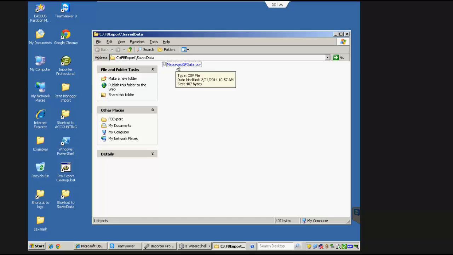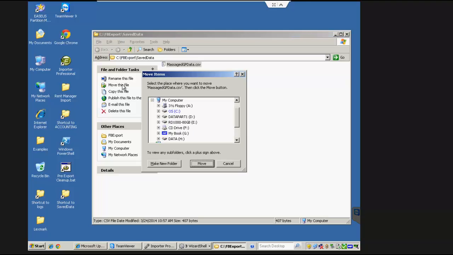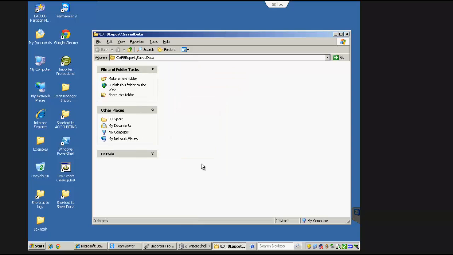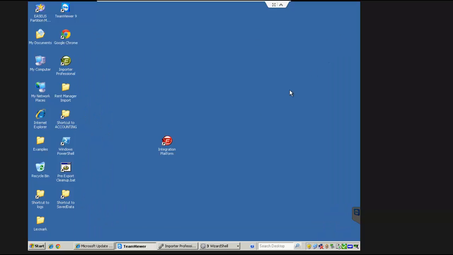We simply take the massage GP data.csv and we want to go ahead and move this file to our Rent Manager import folder. We do need to make sure that that is the path that Rent Manager is picking up. And when we do move it, it takes it out of our saved data folder here and places it into our Rent Manager import folder. If you do it by this process, this should make the pre-export cleanup bat routine a